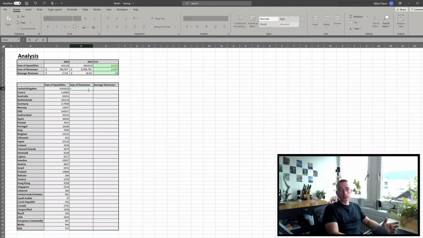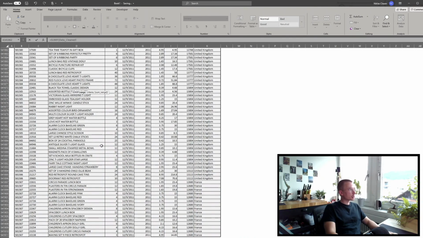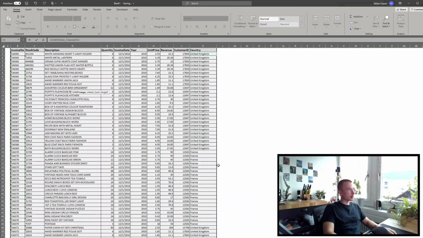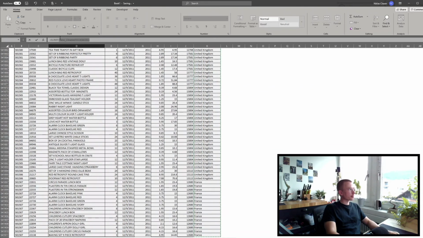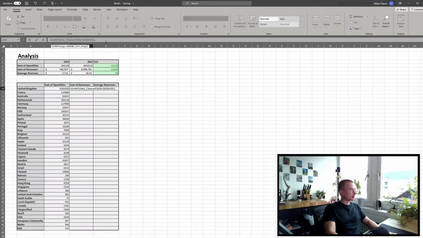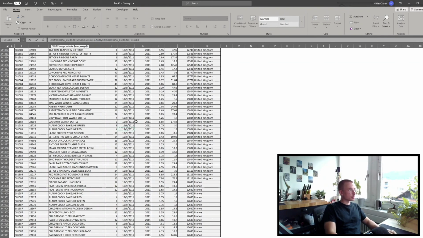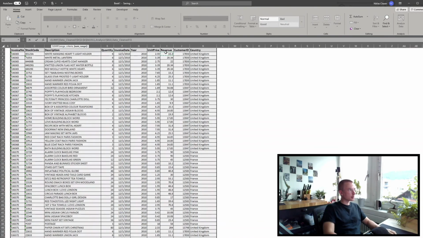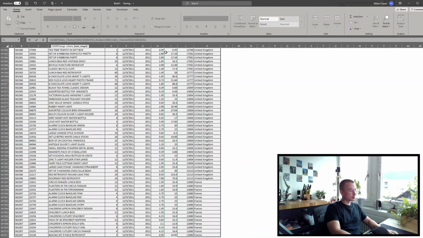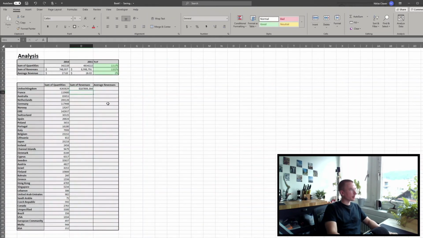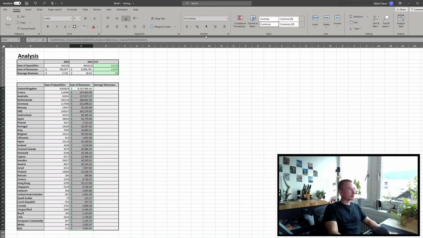Yeah, sum of revenues, same thing again. Sum if, and the range is again the country. And we fix the column and sum of revenues. There we go. Drag it down, give it a new formatting,